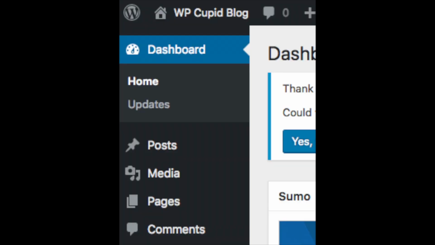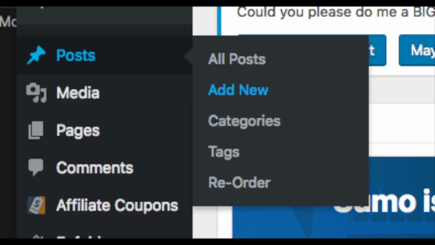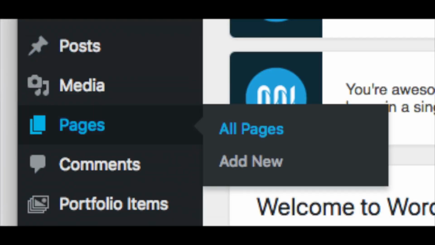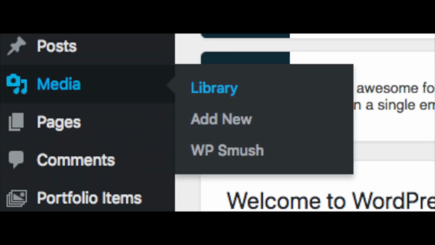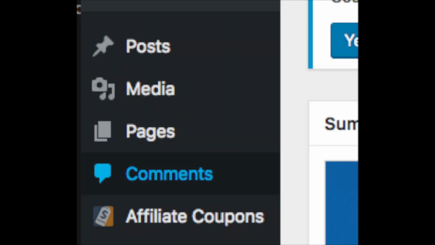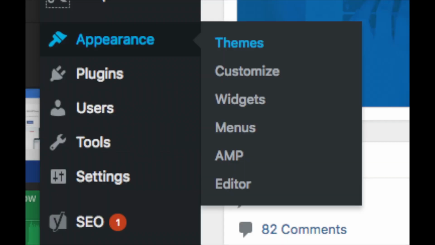website. From the WordPress dashboard on the far left, you will see tabs. Hover over them and get to learn them. Posts is where you can add new posts. Pages is where you can add new pages. The media tab is where the images you upload to your blog will show. Comments is where you can view comments people leave on your blog. Appearance is where you can change the look of your theme or change your theme to another one or a